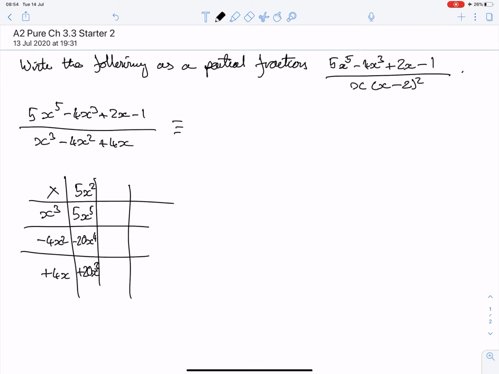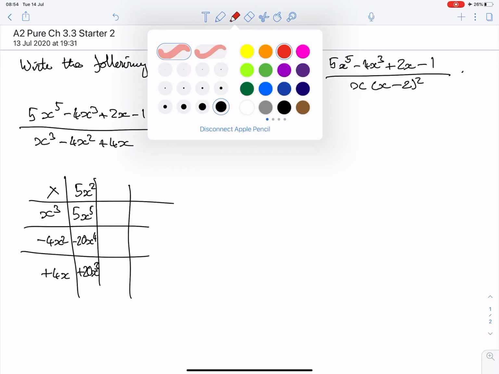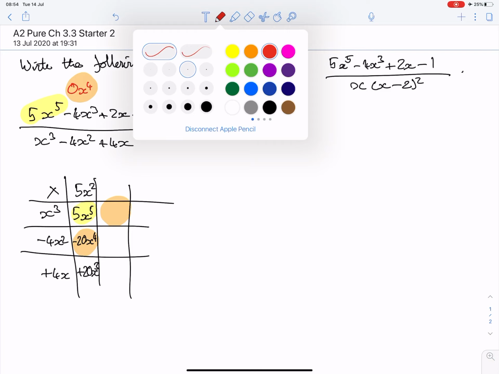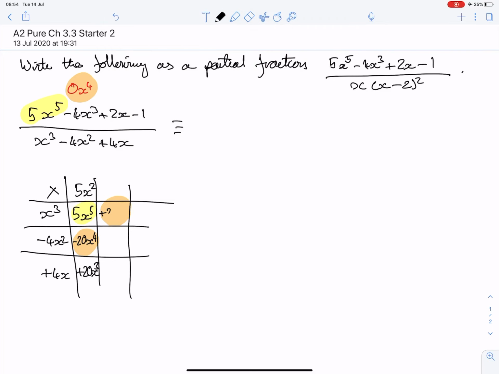Okay, let's look then. So how many lots of x to the 4 have we got? Oh, hang on, let's just check that. We've got 0x to the 4 up here. Yeah, it's 0 lots of x to the 4. So when we look along this diagonal, we need 0x to the 4. So this must be plus 20x to the 4. So this is plus 20x minus 80x cubed plus 80x